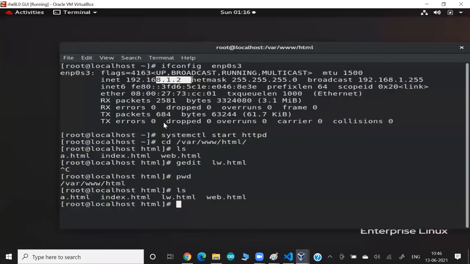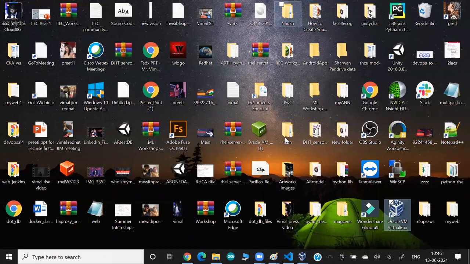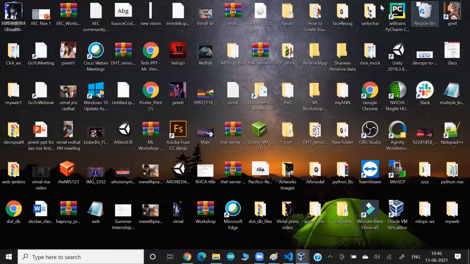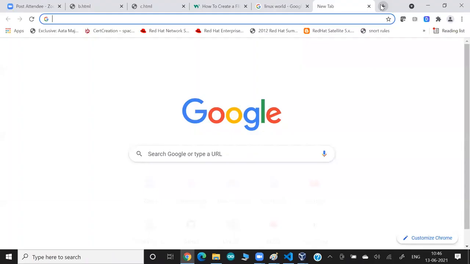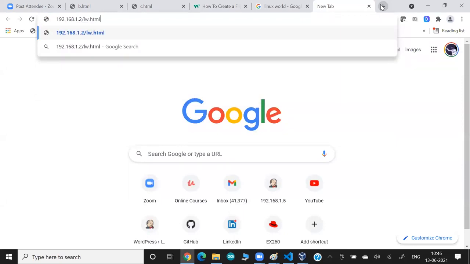But to show the demo, let's say this is my other laptop. Let's say this is my Windows. If I minimize, this Windows is a different thing. This is a different laptop altogether, and this Linux is a different computer altogether. But both are connected to each other by default. So I'll go to my Windows browser and type the IP address 192.168.1.2, and then I give my page name. Okay, if I hit enter, you can see